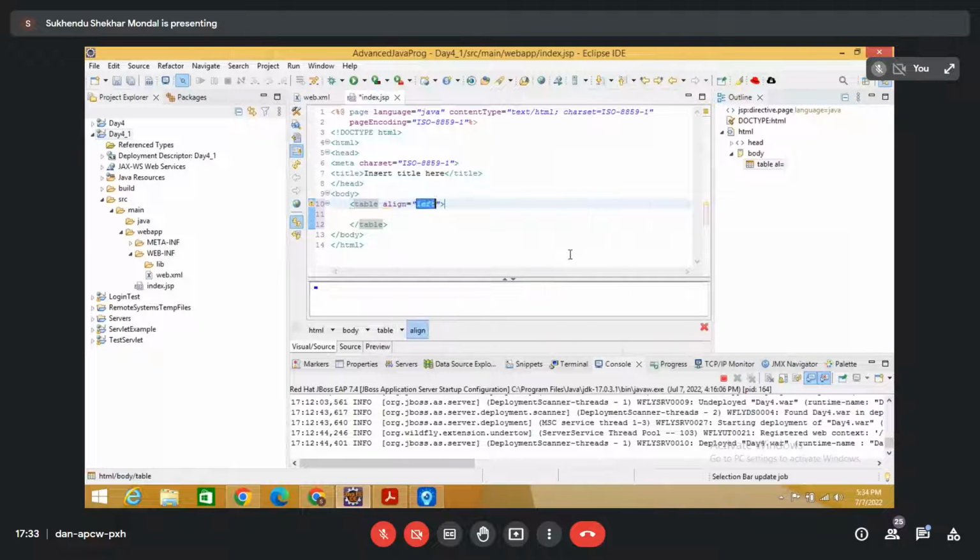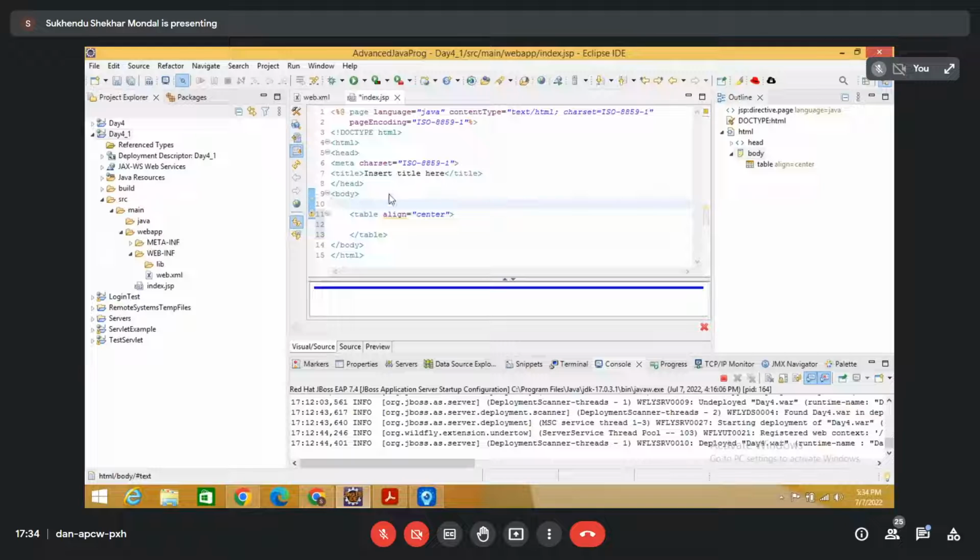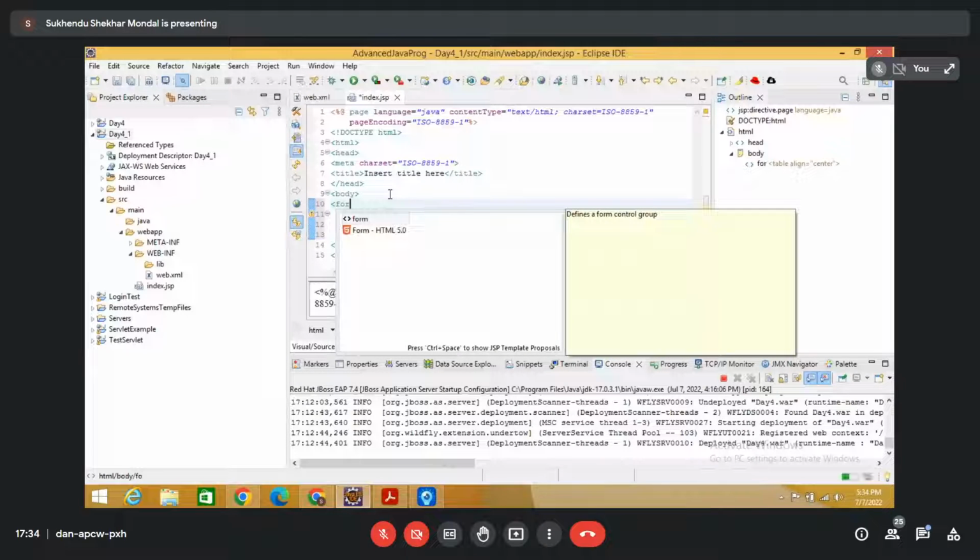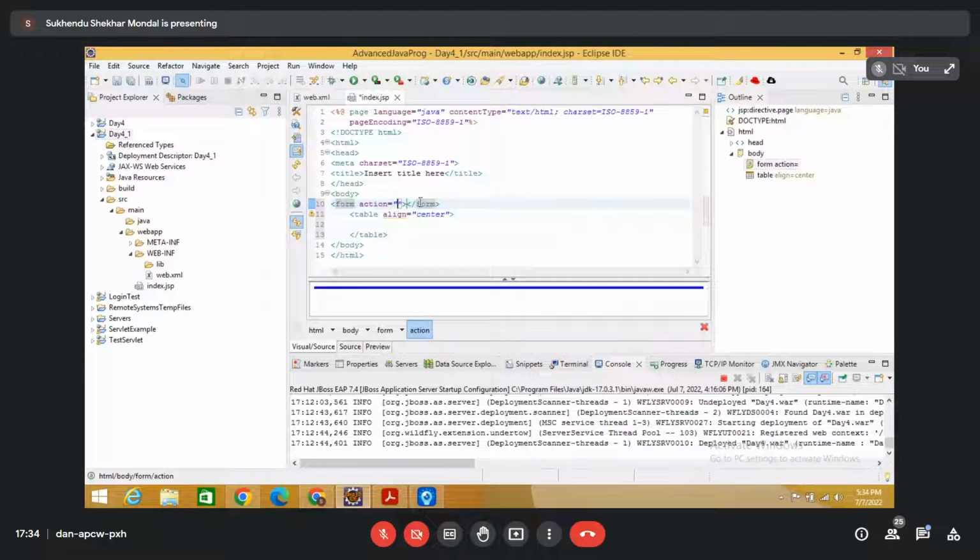Align is center. And also this body contains a form. And within this form, this table actually belongs. So this is the form, and its action is suppose login servlet,